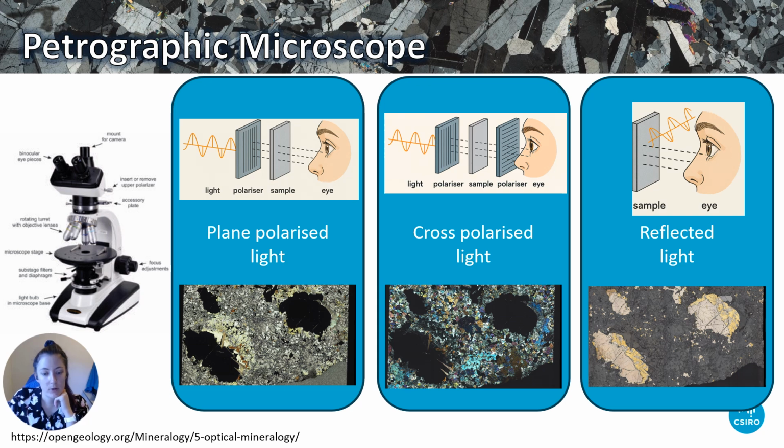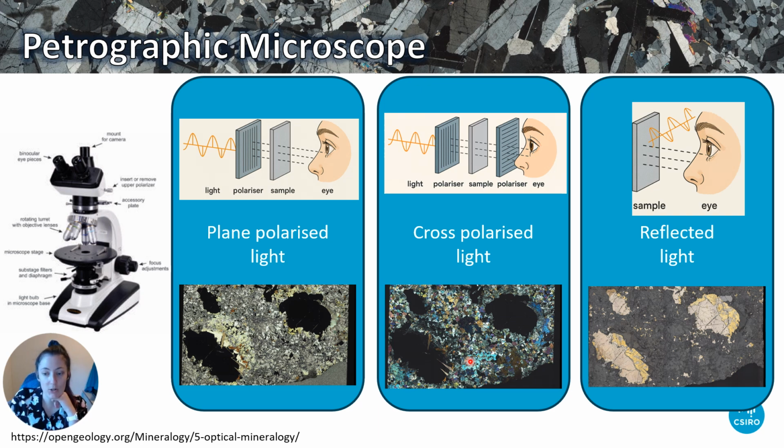So a petrographic microscope is a pretty simple piece of technology. We have a light at the base which shines through a polarizer and then hits our sample and then goes up through the binocular lenses or camera where we observe it. In plain polarized light, most minerals are either clear or have a slight coloration to them. We can also use cross-polarized light, which is light coming through the base, going through a polarizer, going through our sample, and then going through a second crossed polarizer, so at 90 degrees, and then going through where we observe it. So this causes all of the beautiful birefringence colors in our minerals and really helps us to identify which